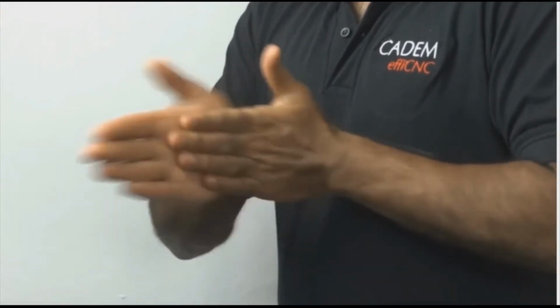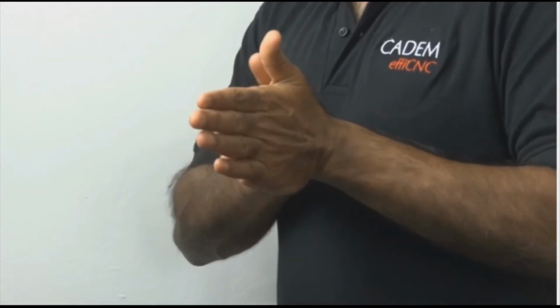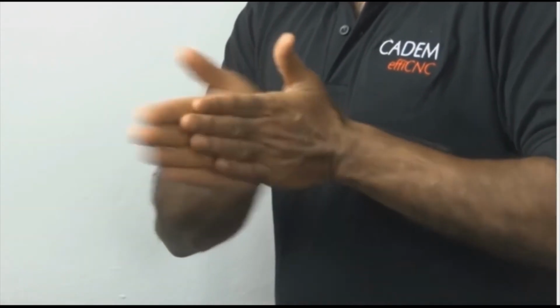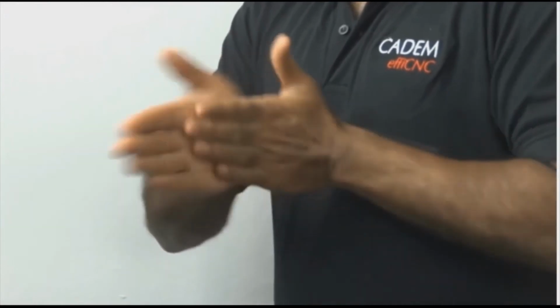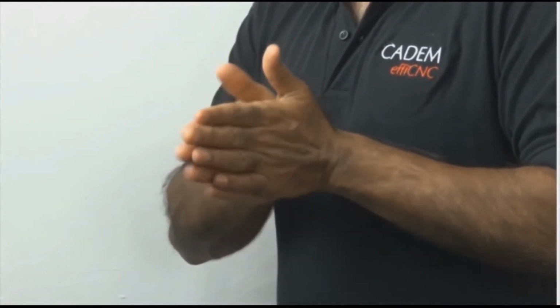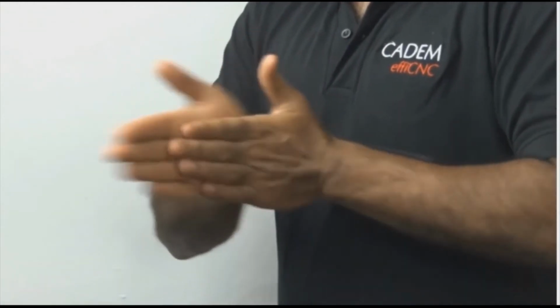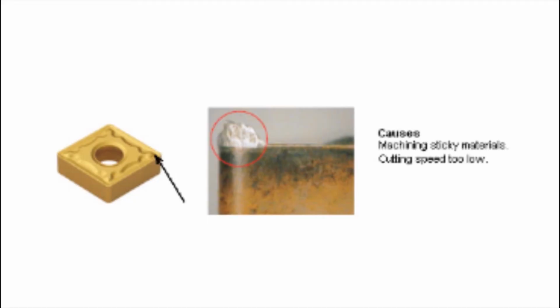The same phenomenon occurs during metal cutting. The temperature rises as the cutting speed rises. The tool material is designed to work at a certain temperature range. Below this range, you are underutilizing the tool and the cycle time will be unnecessarily high. Above this range, the tool wear will be too high and you end up with high tool costs and high machine downtime to keep replacing the tool.